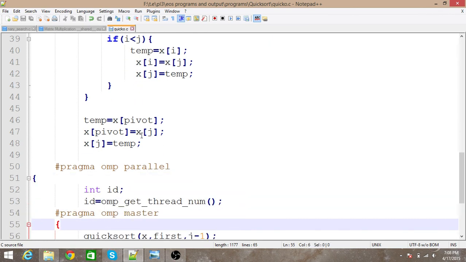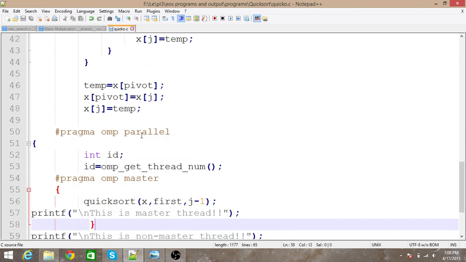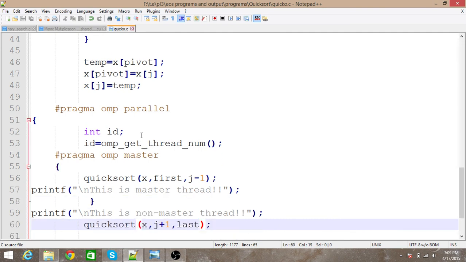The first part is executed by the master, and the next part is executed by the slave thread. Next it again calls the same function quicksort, and it passes the array, then the first element in the remaining array, and the last position in that remaining array, which is sorted by the master thread.